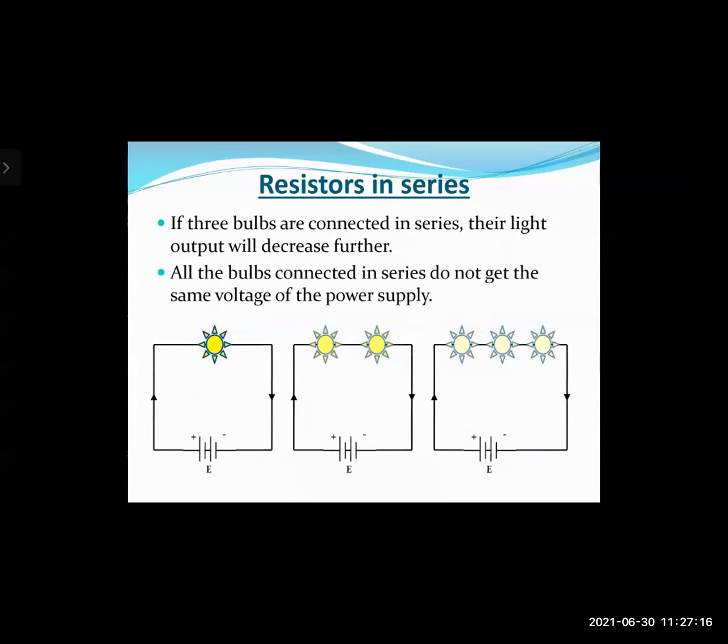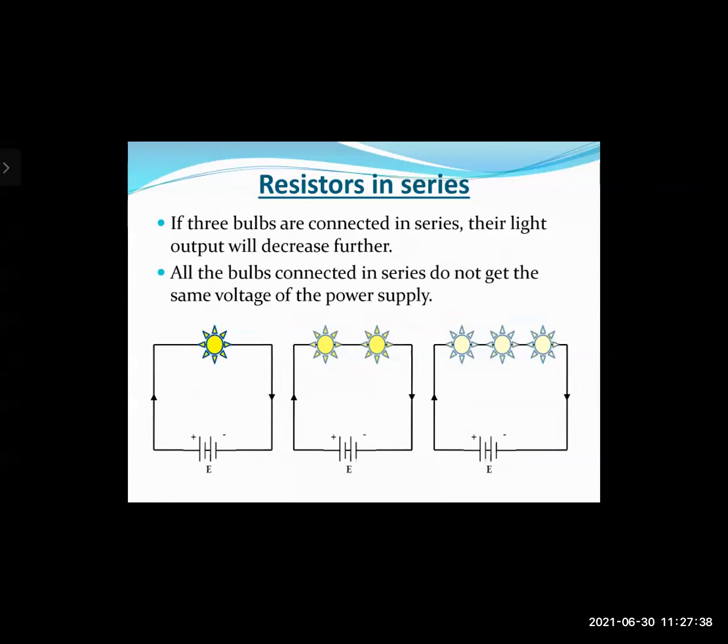And all bulbs connected in series do not get the same voltage of the power supply. And according to Ohm's law, as the number of resistors increases, what will happen? There is a potential drop. And if potential difference decreases, what will happen? The current also decreases. Okay, so each bulb will get lesser current and hence the bulbs will glow a bit